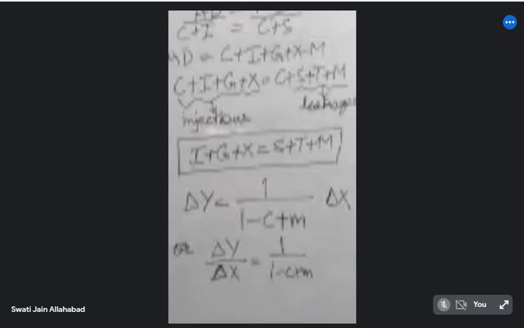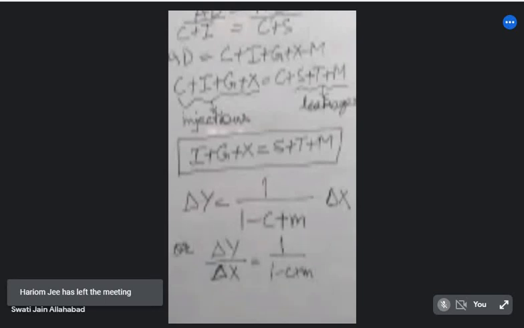So export is largely assumed to be autonomous, but there are certain things where export can become endogenous if we include exchange rate here. We are not talking about exchange rate here, okay? Generally, there can be a question in your mind that if you are talking about export and import, then the payment method will also change, because now export and import payments are not in terms of rupees, but in terms of any foreign currency. So how is it all coming into the picture?